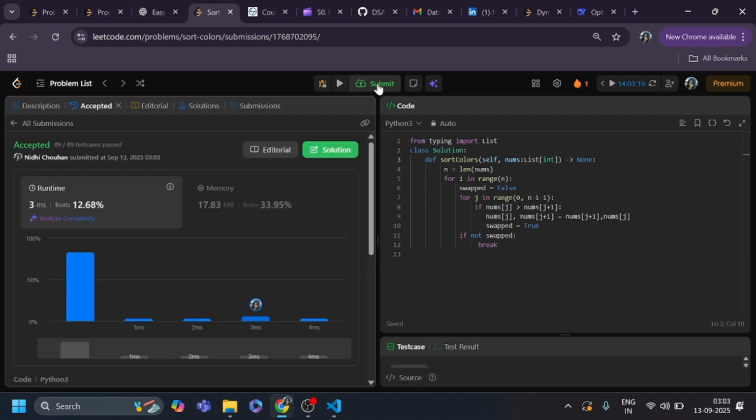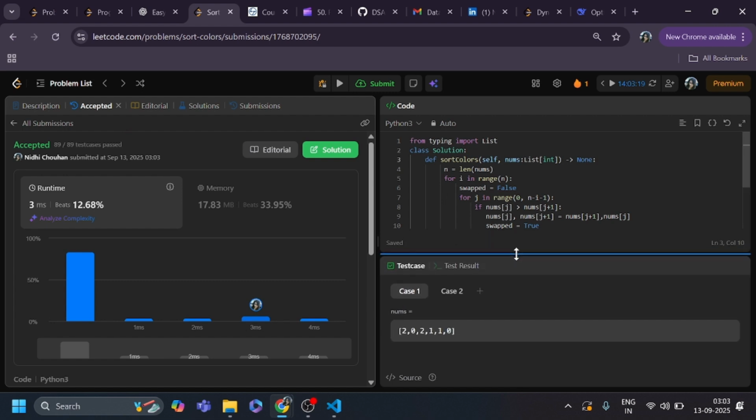Okay, so the code has been accepted by LeetCode and all cases passed.